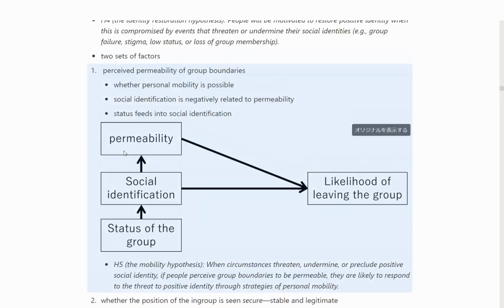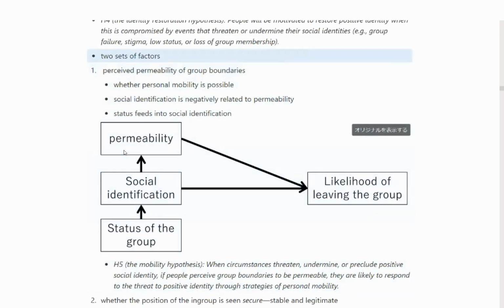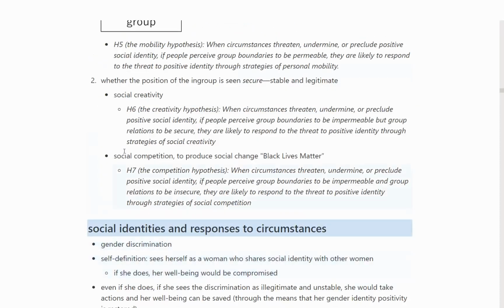So, as I said, there are two sets of factors. When the group boundary is permeable, they are likely to use the personal mobility strategy. So basically, they will leave a group. But when the permeability is low,